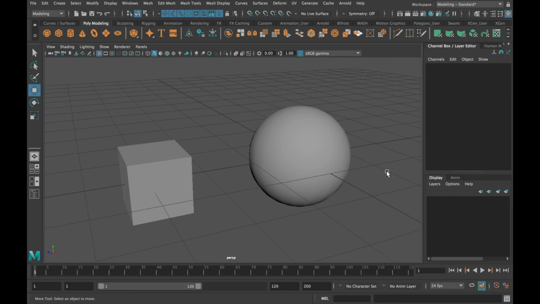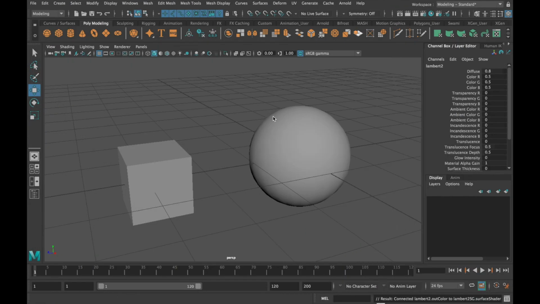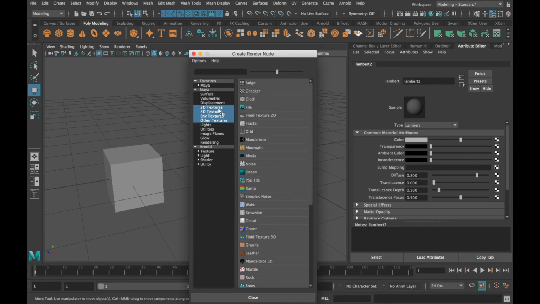In this video, I'm going to be demonstrating how to use 2D procedural shaders in Maya. Opening up my Hypershade, I will create a new Lambert material. Notice that my network is quite simple. With my material selected, I open up my attribute editor, and under the color channel, I click on the checkerboard,